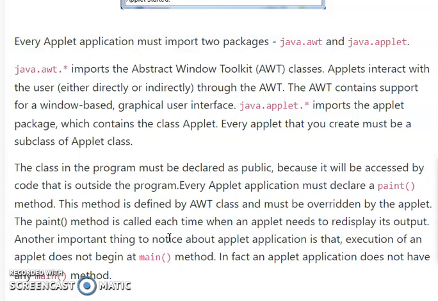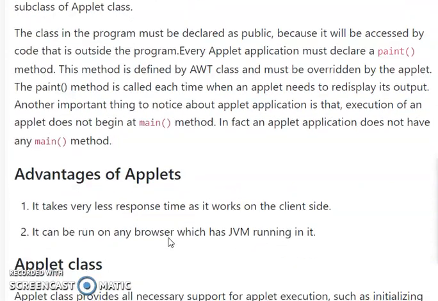Another important thing to notice about the applet application is that the execution of an applet does not begin at the main method, because an applet program does not have any main method.